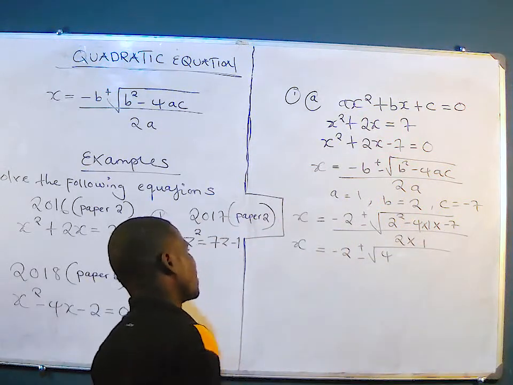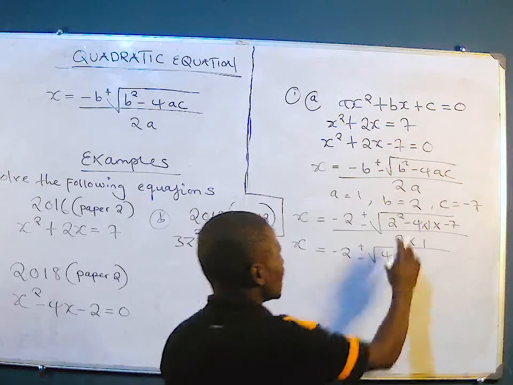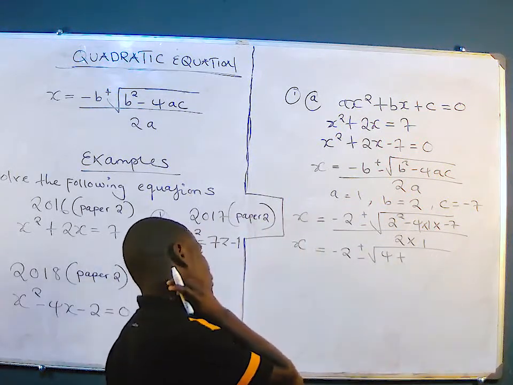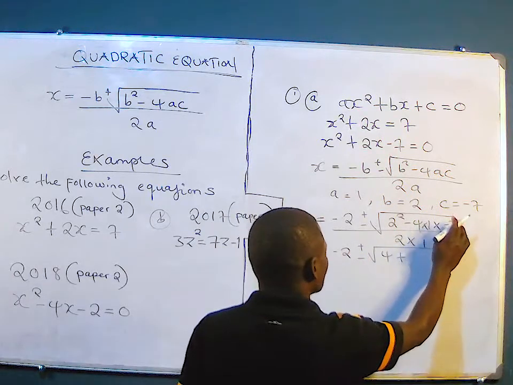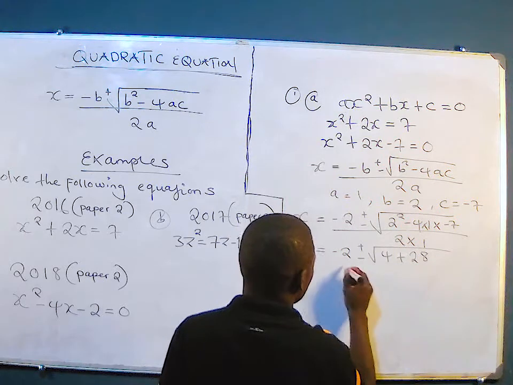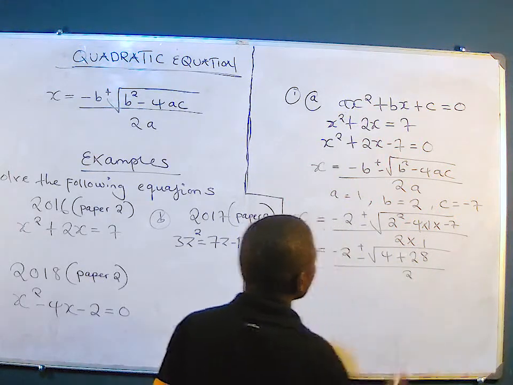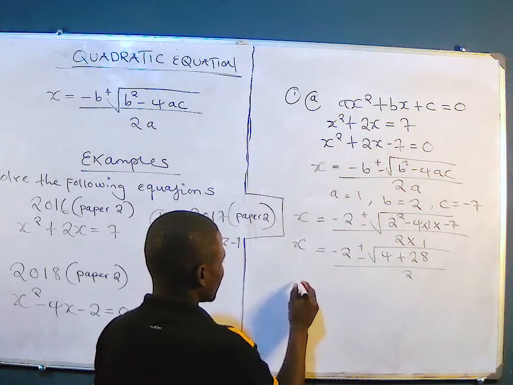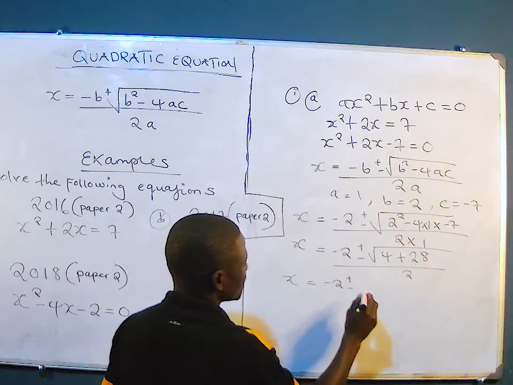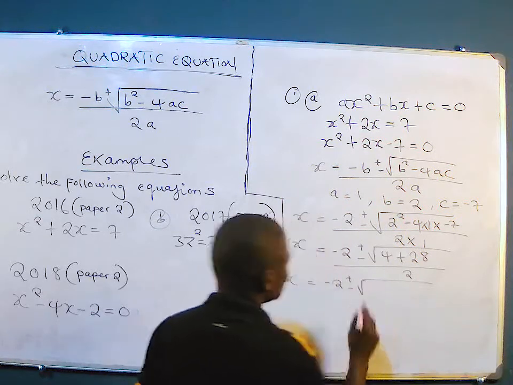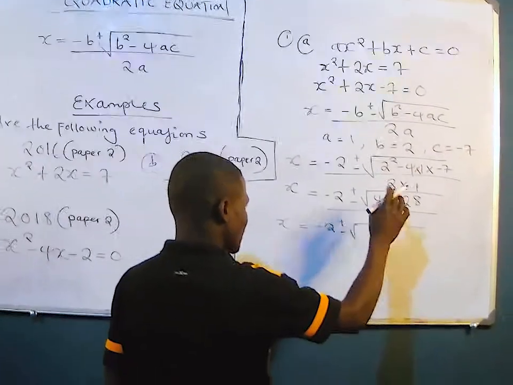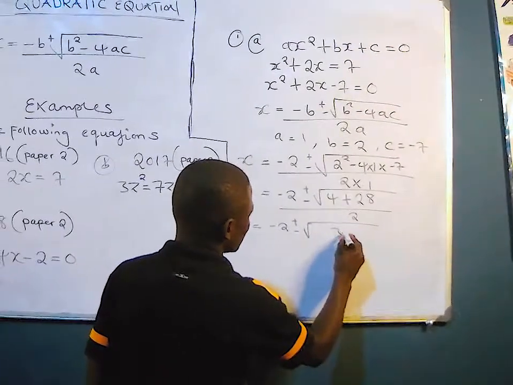So when you multiply, negative times negative is positive. So 4 multiplied by 7 is 28, over 2. As you can see now, we bring down the negative 2, plus or minus the root. So what is 4 plus 28, which is 32? So we say 32